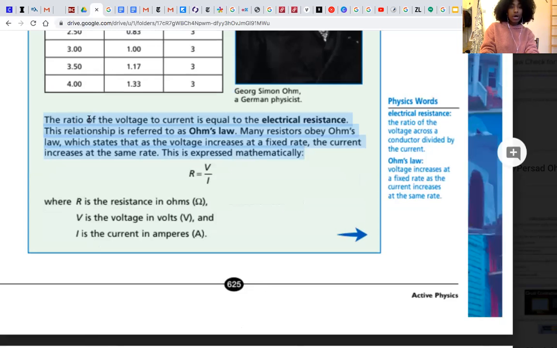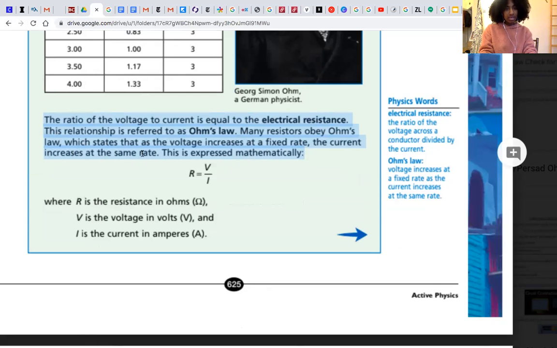The ratio of the voltage to current is equal to the electrical resistance. This relationship is referred to as Ohm's law. Many resistors obey Ohm's law, which states that as voltage increases at a fixed rate, the current increases at the